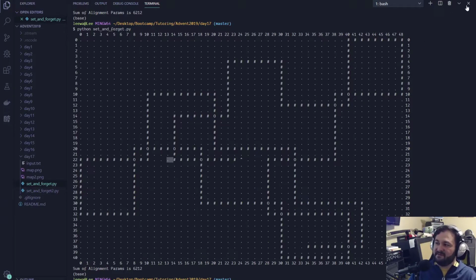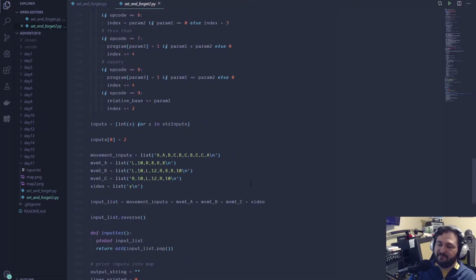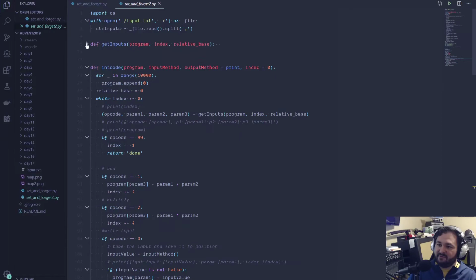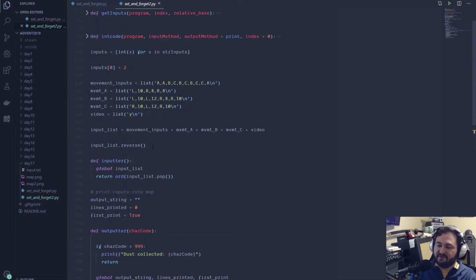So if we look at my code for part 2, we'll cover up all these Intcode program stuff. So here's my whole solution. Basically, what I do is I have a list exploded out from a string. So here's my string of commands for the movement pattern. Here is function A, here's function B, here's function C, and then I pass it at the very end,